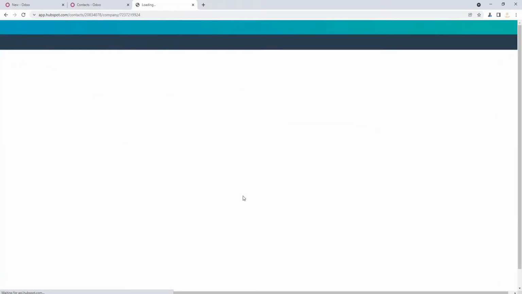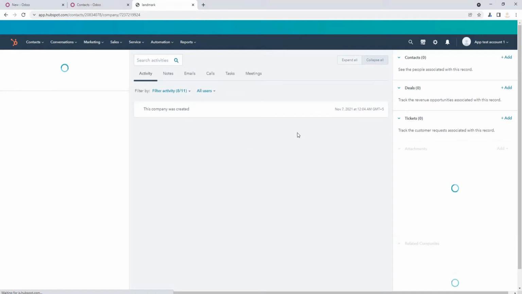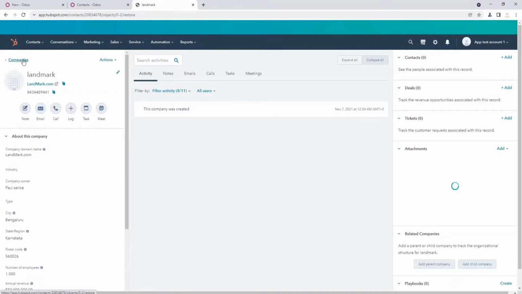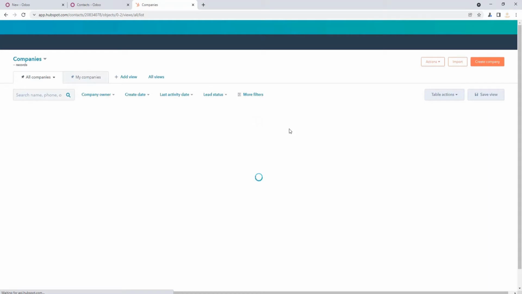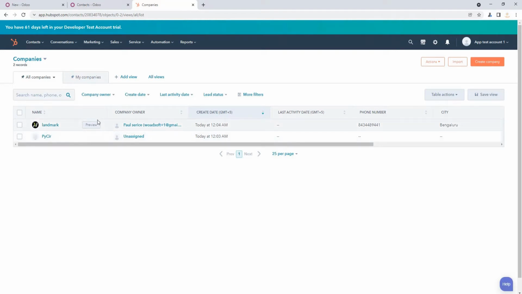Create the company. It will take a few seconds to create the company in HubSpot. As you can see, the company is added successfully in HubSpot.